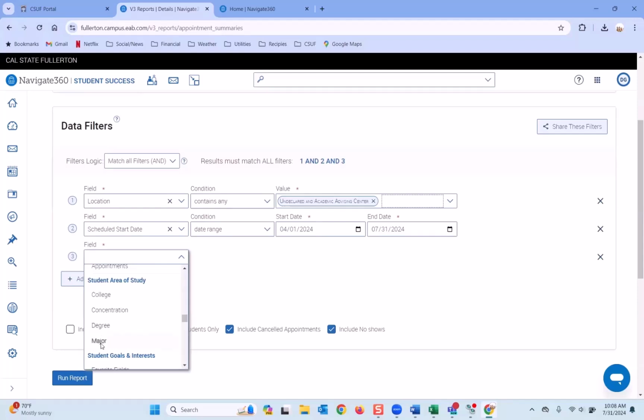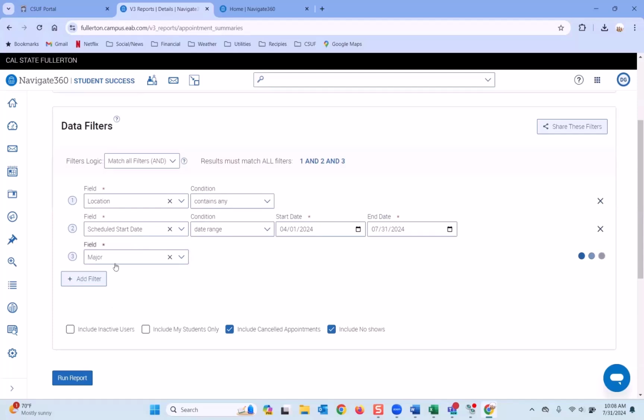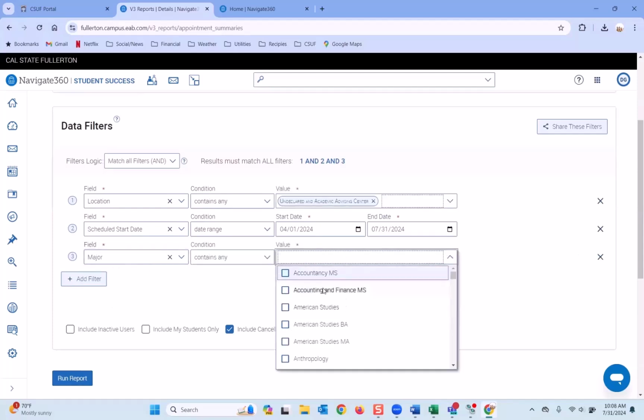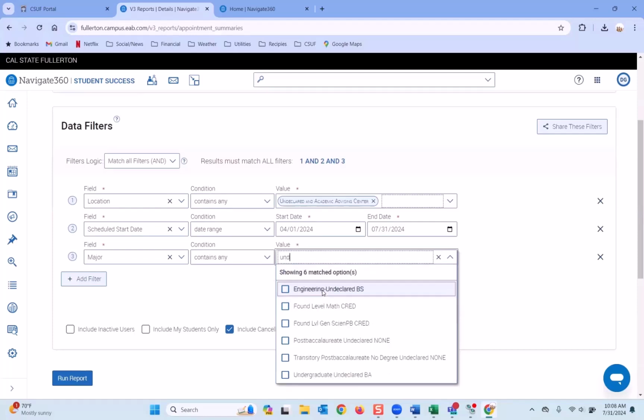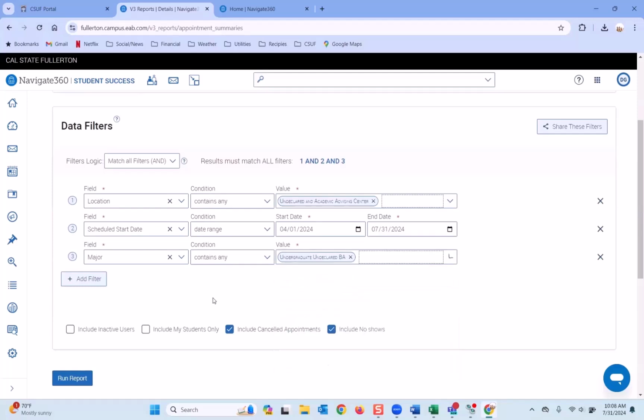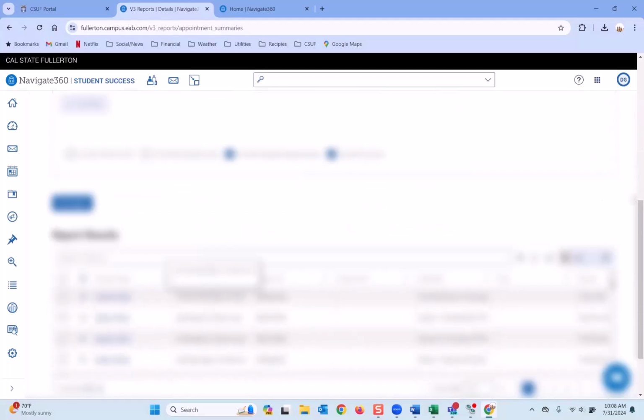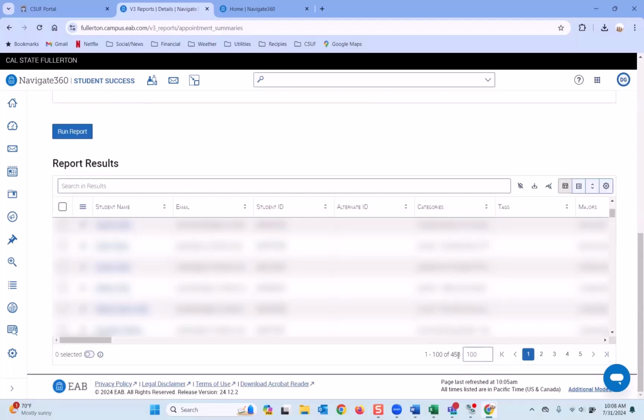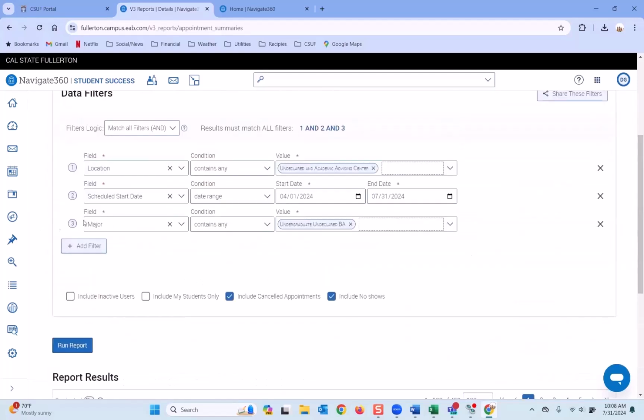But let's say you wanted to run a filter on a particular major, right? So you work in different areas across campus. You ran this report for your whole location, but now you want to narrow it down by a particular filter, by a particular major. So you can choose the major as your field, and then here in the values, just choose the major. So in this example, I'll just choose undeclared. And if you notice my original report, I had 458 students. But if I add this additional field and run it again,